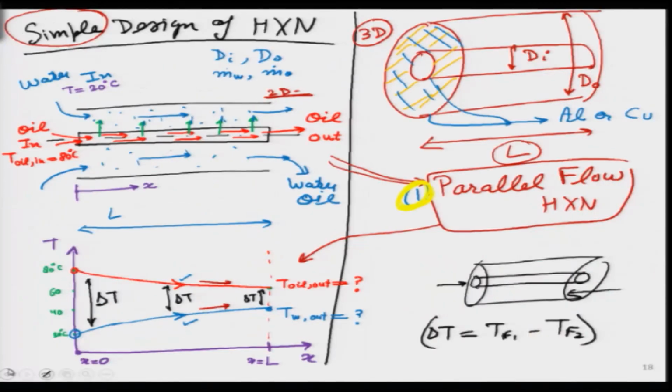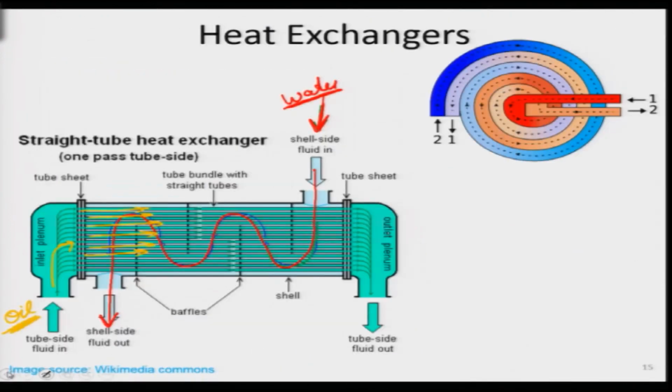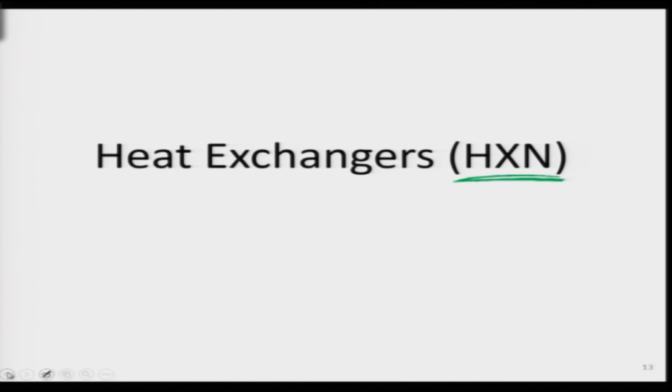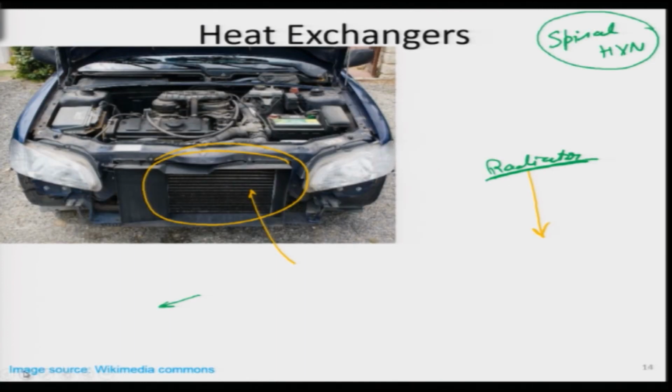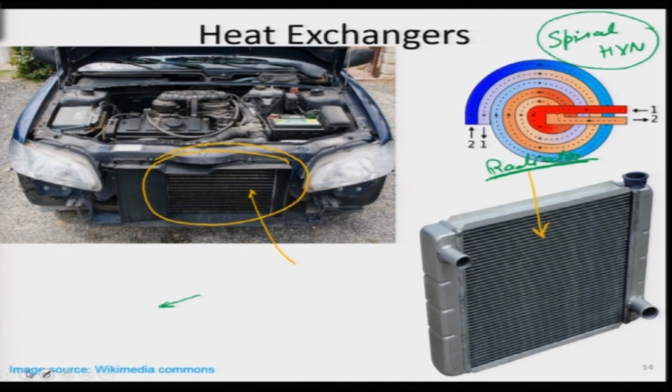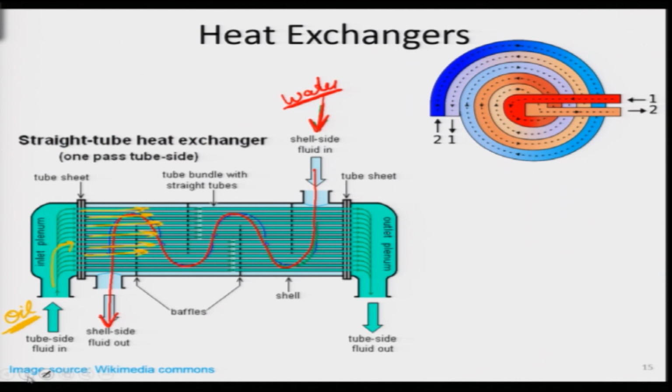Before we leave, let me look very briefly at the things that we have covered today. We started off with a very simple example of a heat exchanger that we see in our real life, the radiator example. Then we saw another figure of this. We looked at some more details of different types of heat exchangers, the spiral one over here, and shell and tube over here. This we will look at in more detail later on.